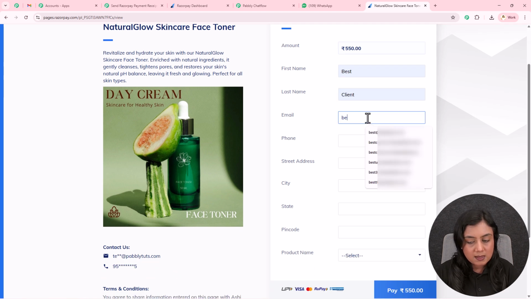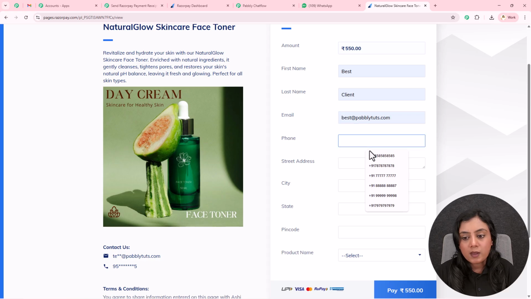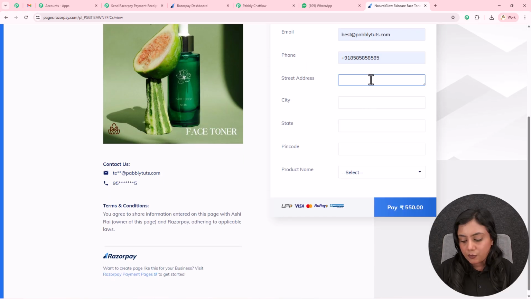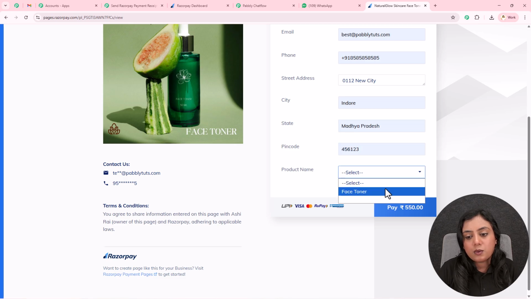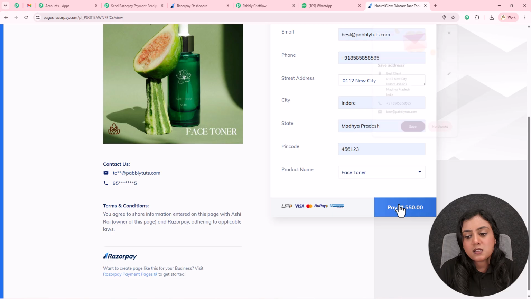Email as best@pabblytudes.com. For the phone number, a dummy mobile number. For the address, I'll write it as 0112 New City. And then it is asking for the city, for which I'll write it as Indore, state Madhya Pradesh. For the pin code, I'll enter a dummy pin code and the product name as face toner and pay it